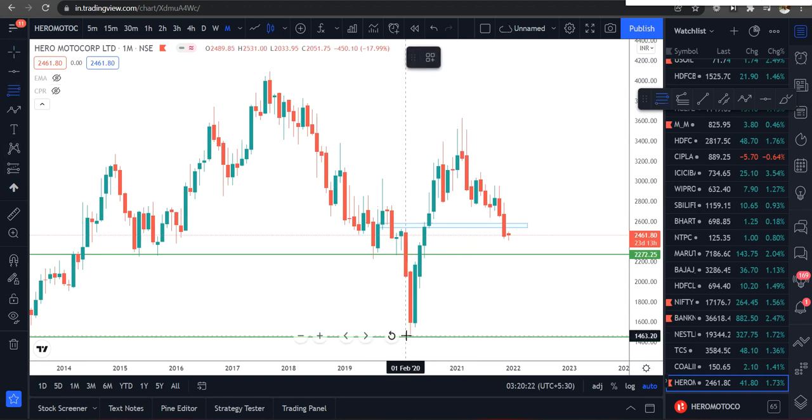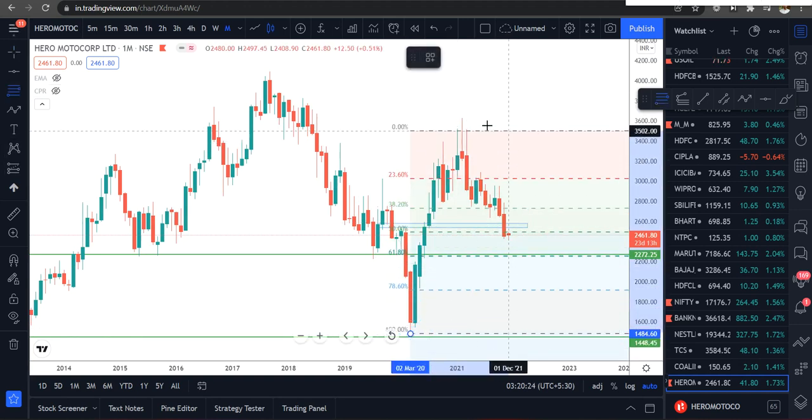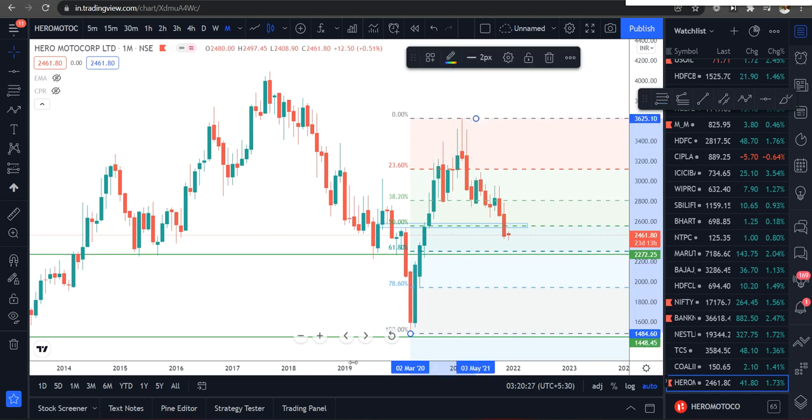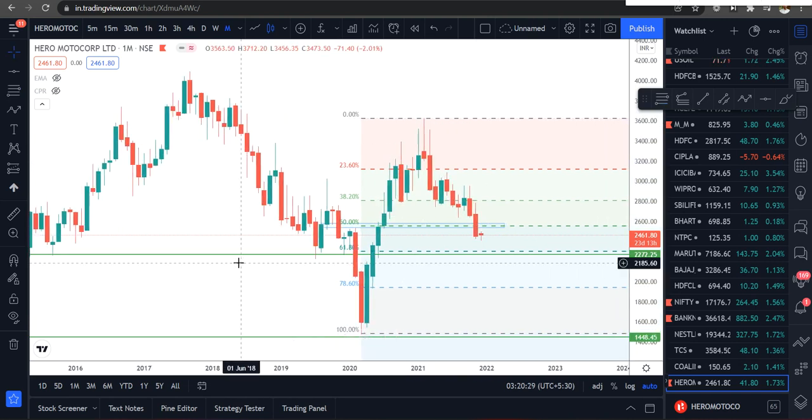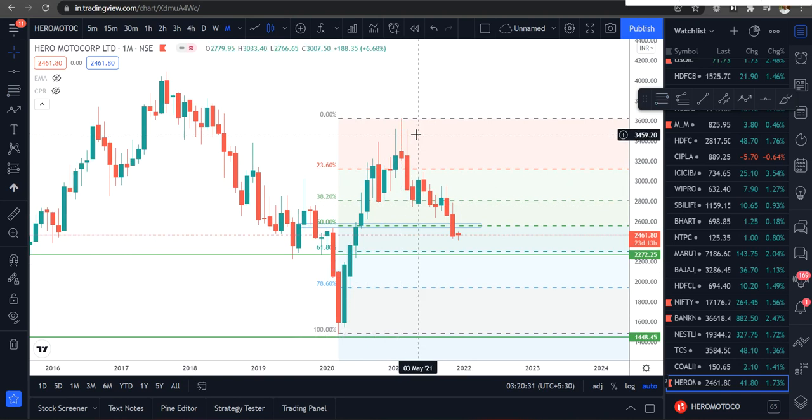Let me draw from here to here. Okay, so when it is an uptrend, like for the longs, you need to draw it from the previous low to the top high, the swing high. So if you see this 23.60 is the first level, you could invest some chunk of amount,